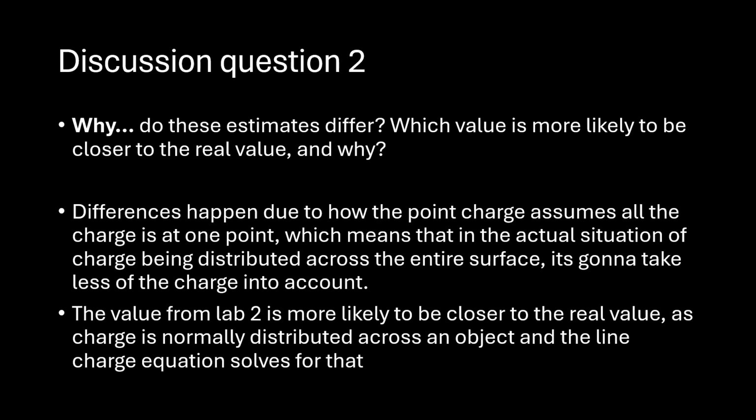Why do these estimates differ? Which value is more likely to be close to the real value, and why? These estimates differ because of the way the charge is modeled. The real tape has charge spread along its length, so the line charge estimate is close to reality. The point charge model is only accurate when the distance between tapes is much larger than the tape